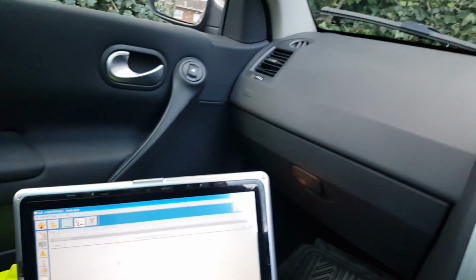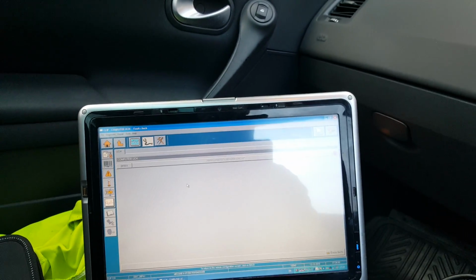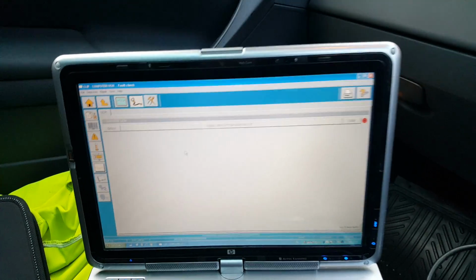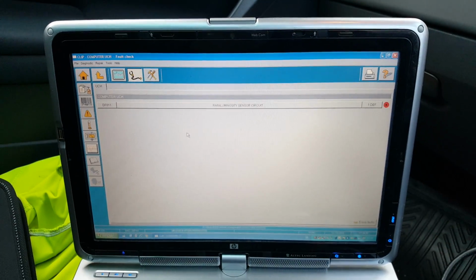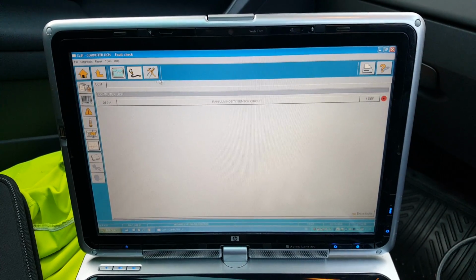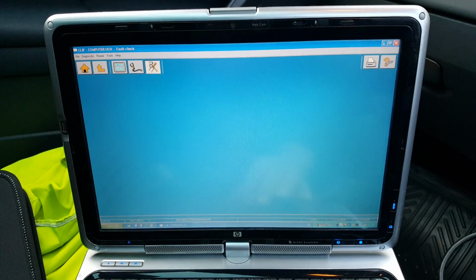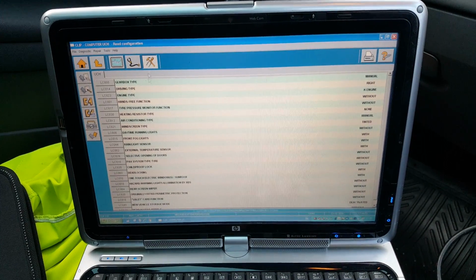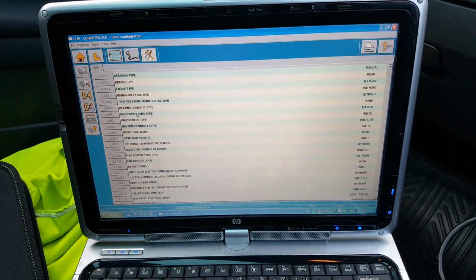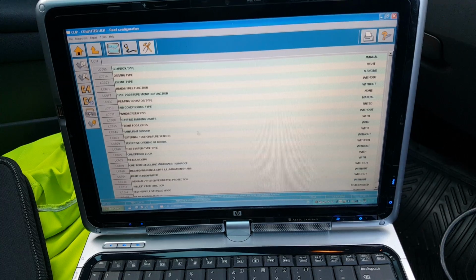So the only way to get rid of this is by doing the following, and this is what I'm going to show you now how to do. What we're going to do is program the sensor off. To do that, we go under repair mode, which is this button here. Okay. And the first thing we're going to do is check configurations, just out of curiosity. And as you can see in there, rain and light sensor, and if you follow across,